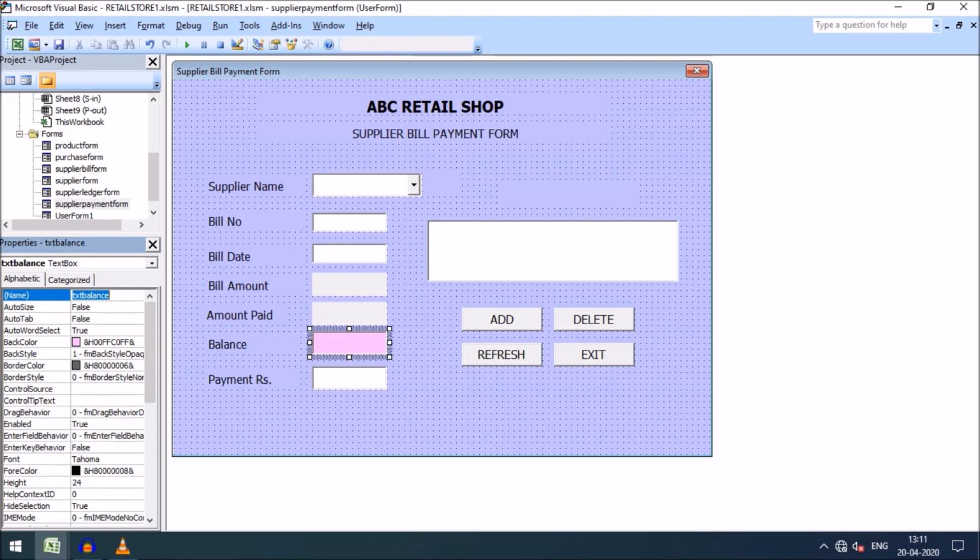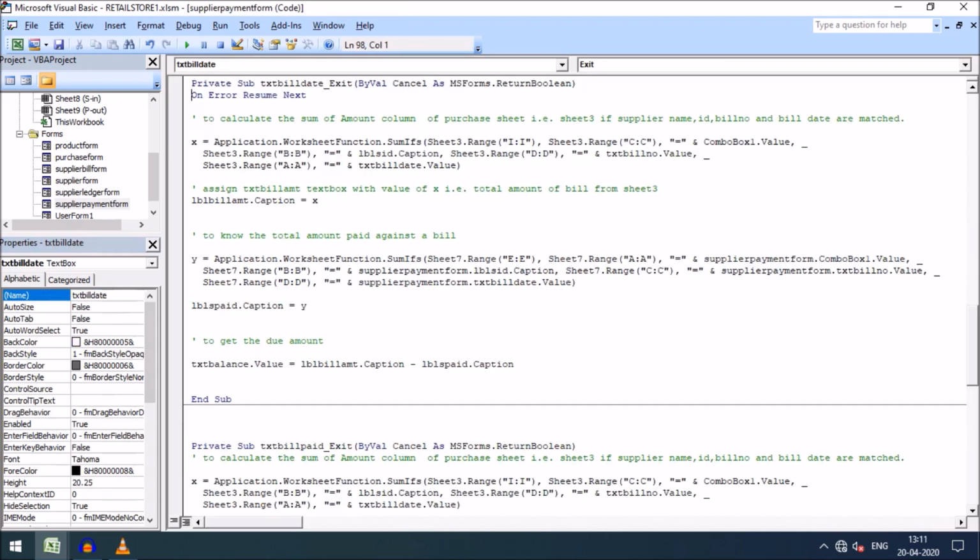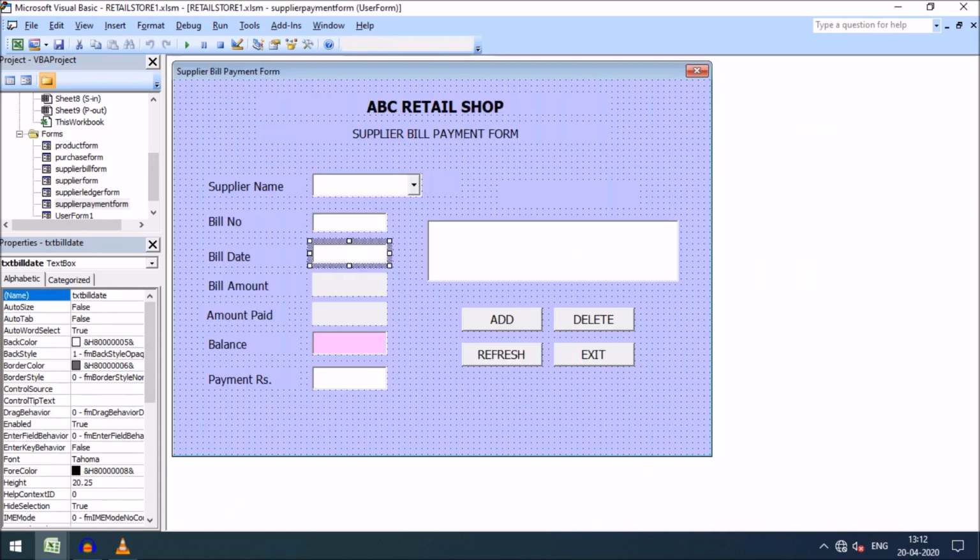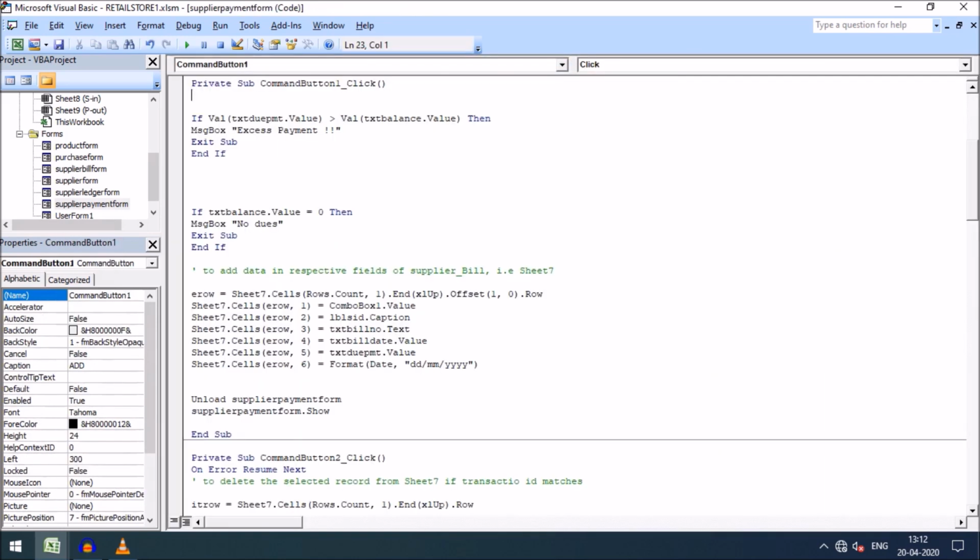Thus friends, I have just written the codes and used the SUMIFS function. And in a quick view, here you can see in the add button, I just added all the items I entered in this bill payment sheet, that is sheet 7. You can see how to add these items. I am sure you know this, and you can see my last video on how to add items with the use of a user form to a specific sheet.